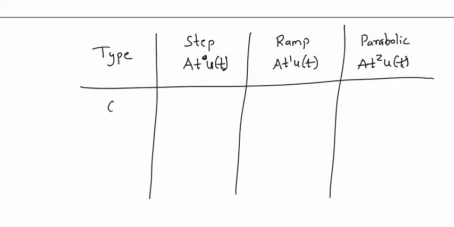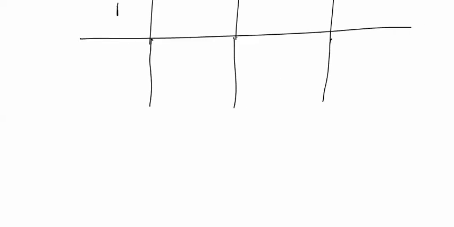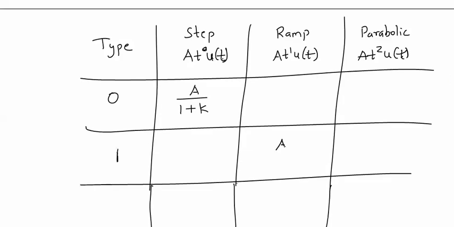So if I consider type 0 system, the steady state error for unit step input is A by 1 plus K, where K is system gain. Next, for type 1 system, the steady state error of unit ramp input is A by K, and for type 2 system it is A by K for parabolic input,